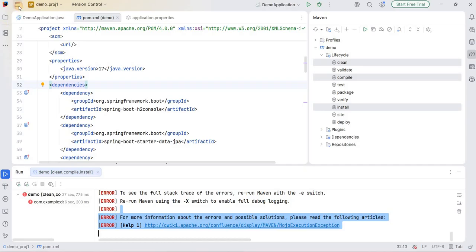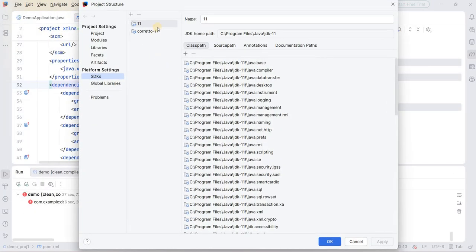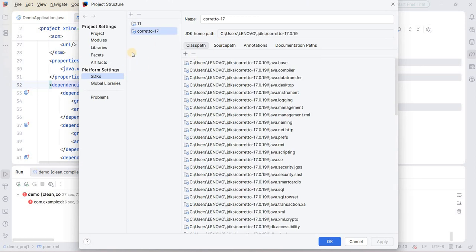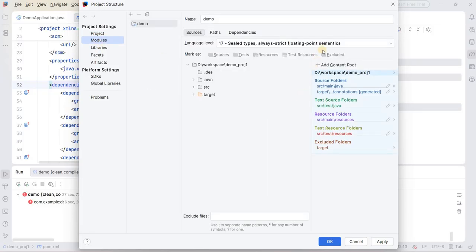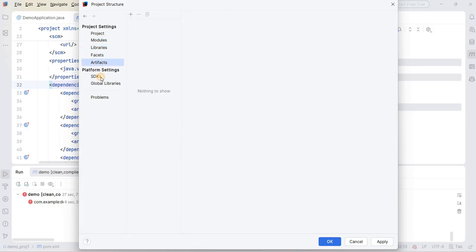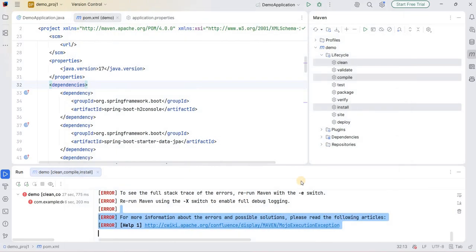So let me go here and check the project structure, and in project structure, let us change to 17 because we are using 17 here. Project, here also we can use 17. Under the modules, 17 is there, right? And other places are fine. SDK we have to concentrate on, that is 17, project and modules. We will just do apply and OK, and